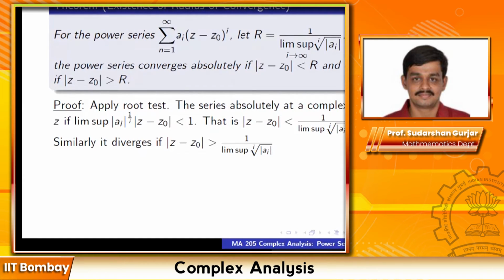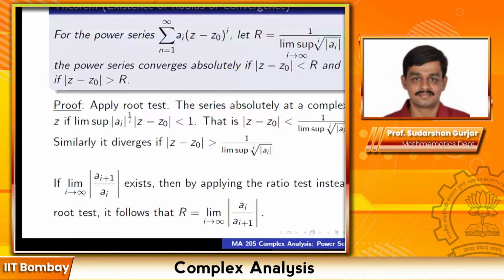Finally, whatever formula you have should not depend on finitely many terms. You should be able to ignore finitely many terms of the series and still get the same expression for the radius of convergence. Your formula should not be sensitive to finitely many terms. If you only take the supremum, then it will matter, because then every term in the series will matter. So anyway, this is a very straightforward consequence of the root test.